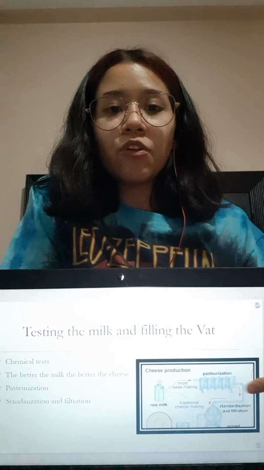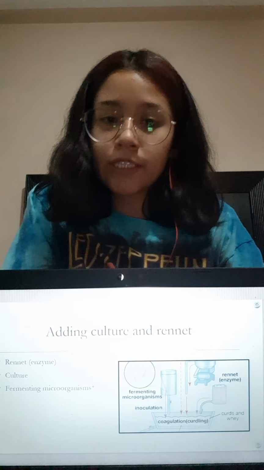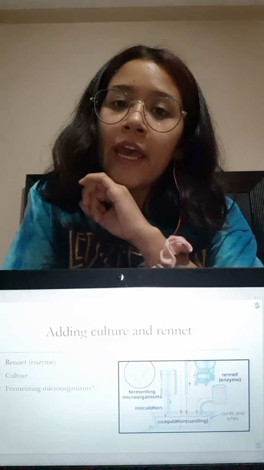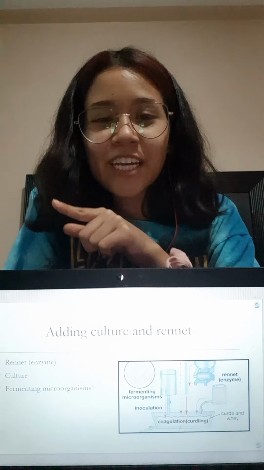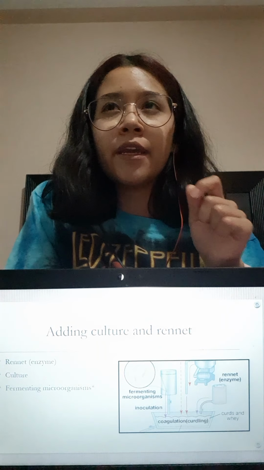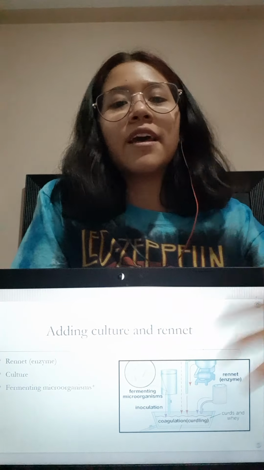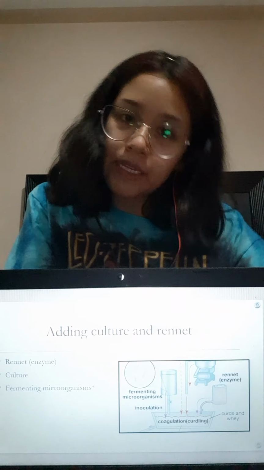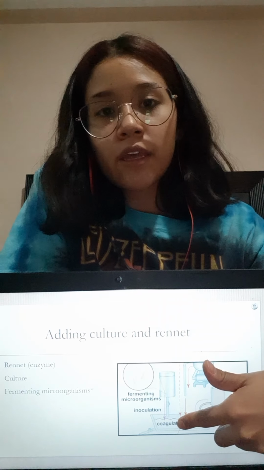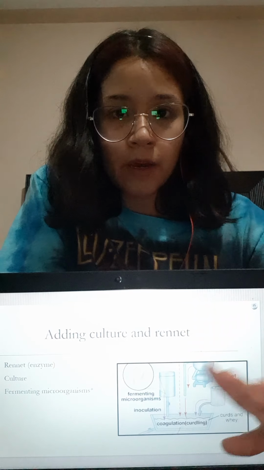So after you have pasteurized the milk, you will take it into another container. And this is another part of it, that is adding culture and rennet. These are enzymes that are going to help the protein in the milk act up and make a pudding form thing that is going to be the base, one of the bases of the milk. So once the rennet and enzymes have acted up, you just mix them and let it sit for about 30